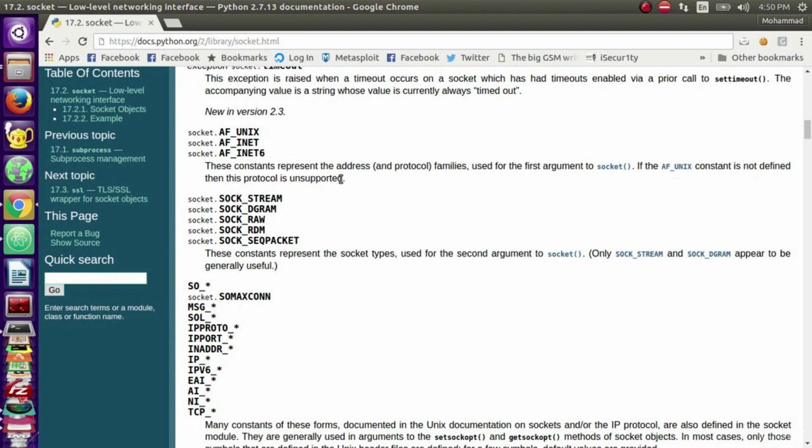In the socket, we need to determine what is the address that we want to connect to. The address means the host and the port that we want to connect to. socket.AF_INET means that we want to connect to an IP version 4 address. socket.AF_INET6 means we want to connect to an IP version 6 address. The socket.SOCK_STREAM means that we want to use TCP as a network protocol to communicate